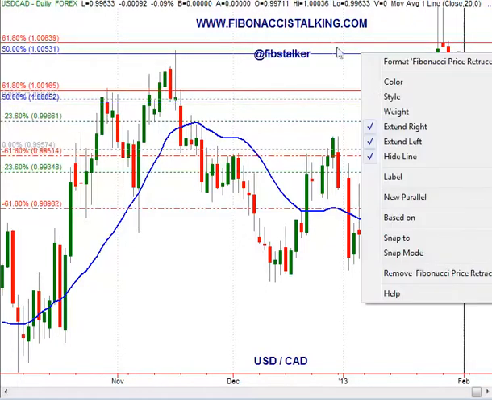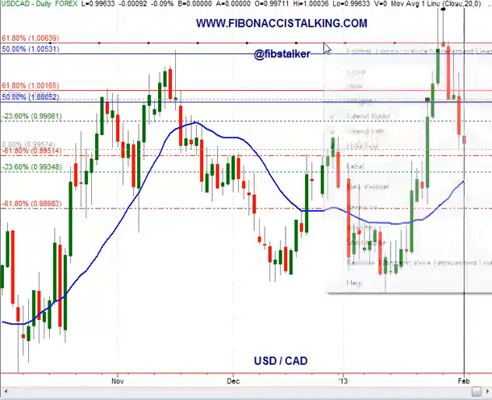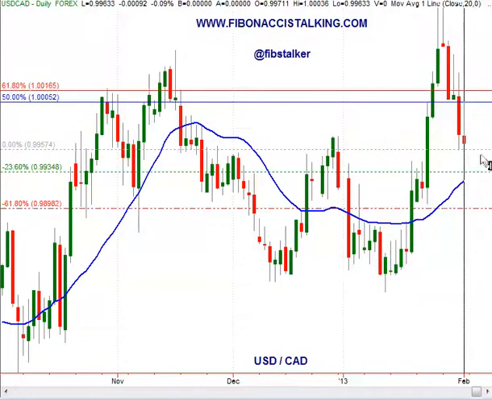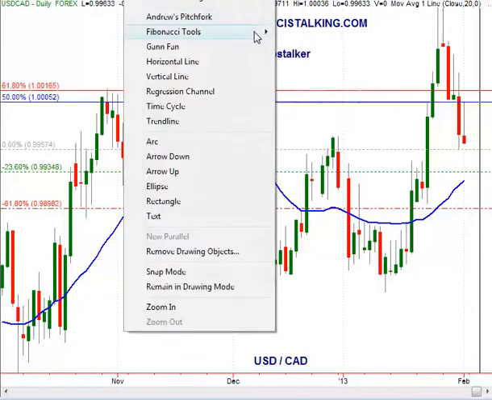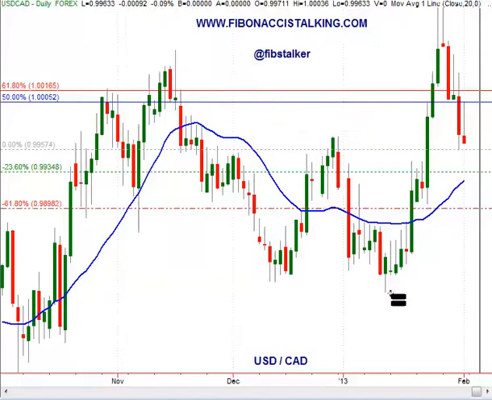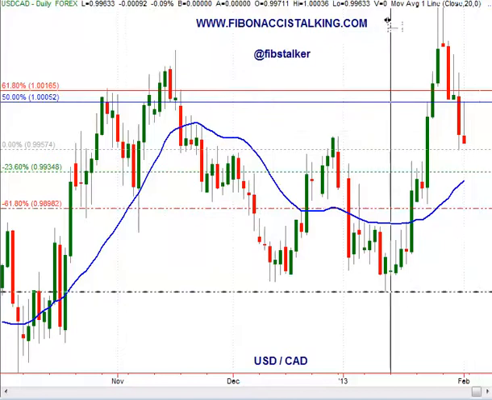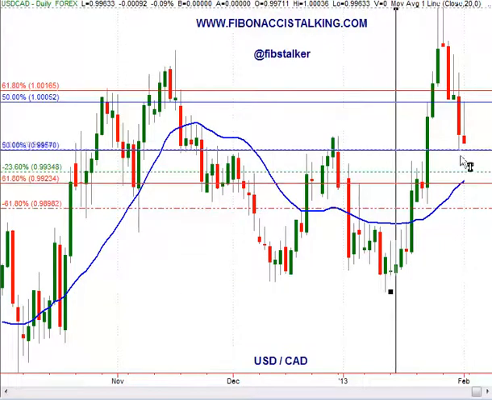This is going to bring price to 0.9940 area here. That's the next target,